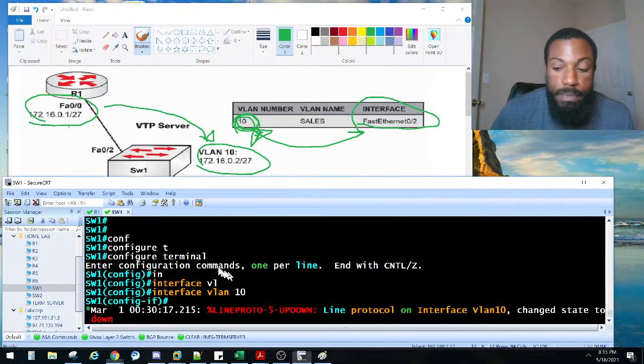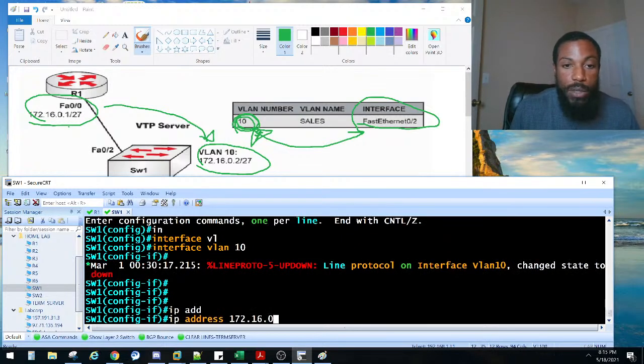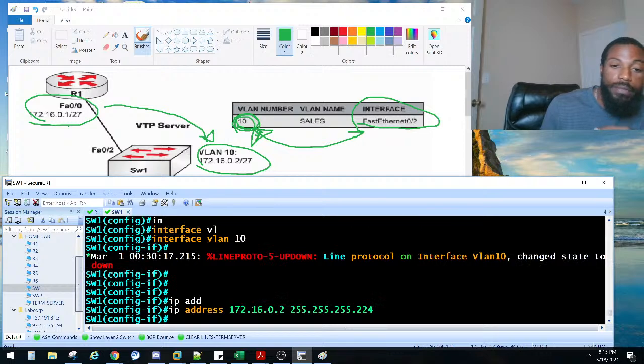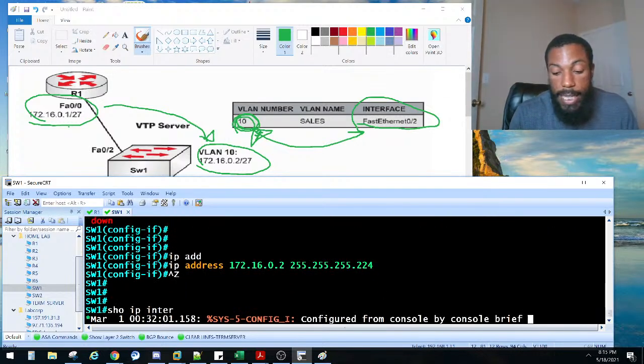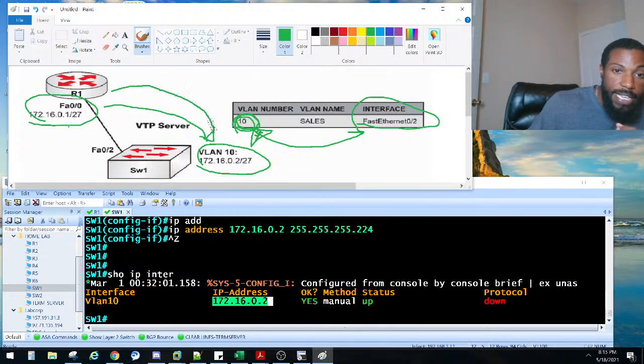Let's configure interface VLAN 10 rather. So give it the IP address of 172.16.0.2/27 subnet, which is .224, right? Am I correct in saying that? Yes, because 228 would have been 240. So now, show IP interface brief, exclude the unassigned, verify our work. It's 1602. Now let's see if router 1 can actually ping that